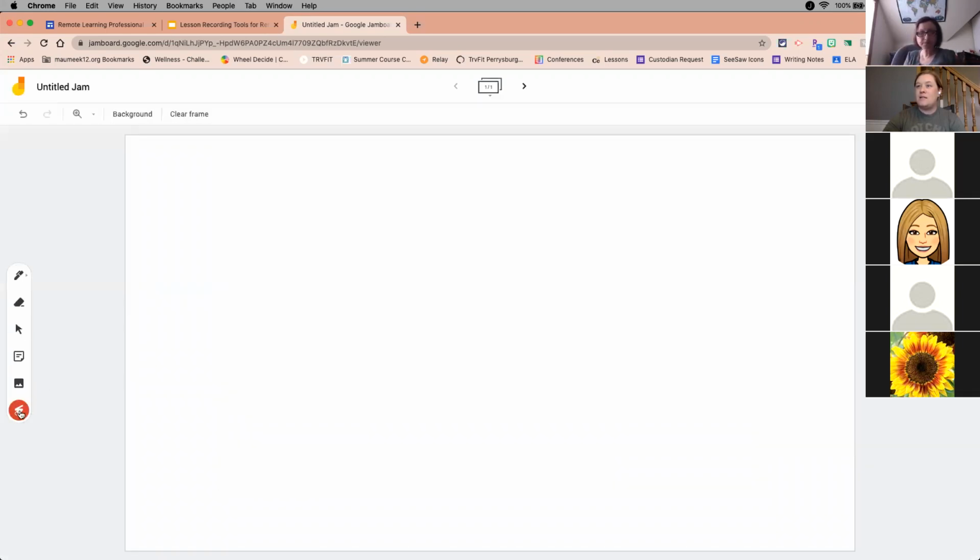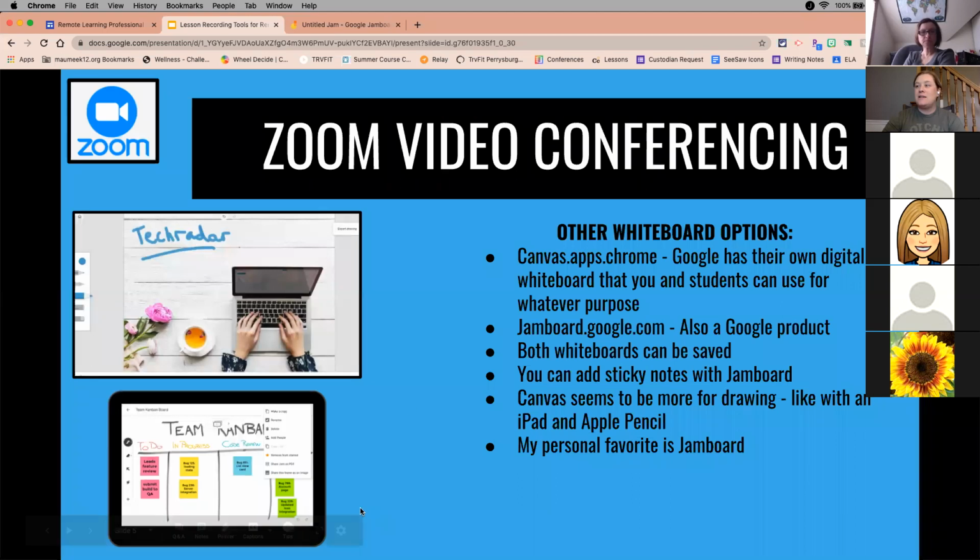And this is like a laser. So you can, check this out, guys. You can draw around something and show it like that. So lots of options. One of the cool ideas for that was you could even do this live with your